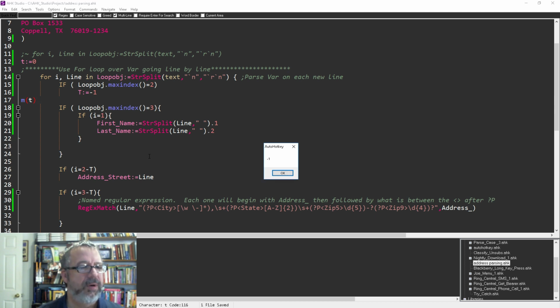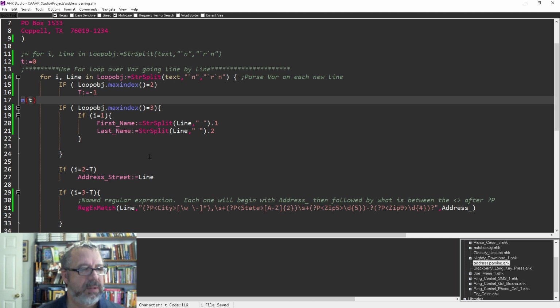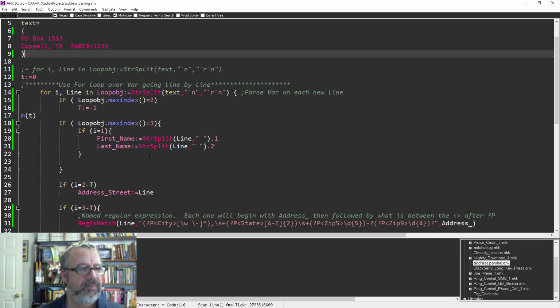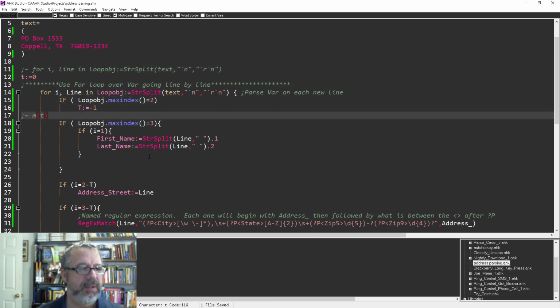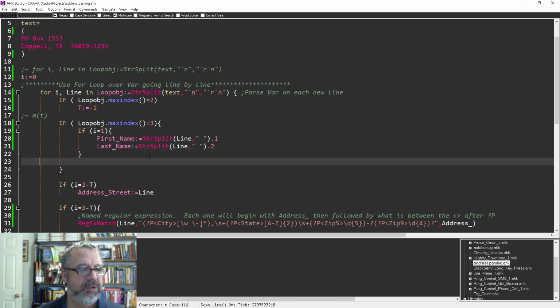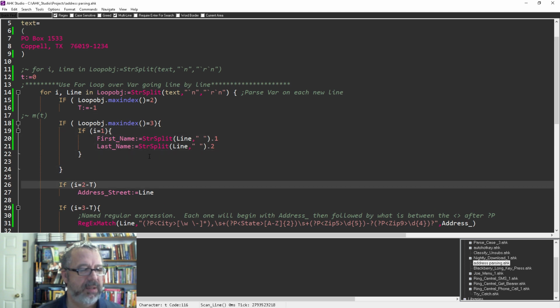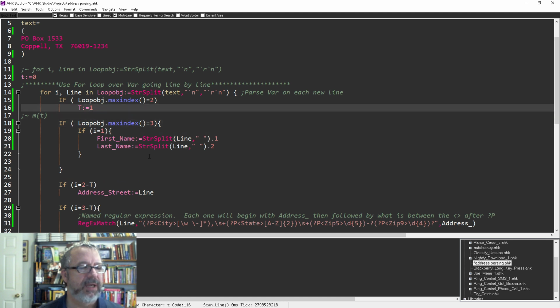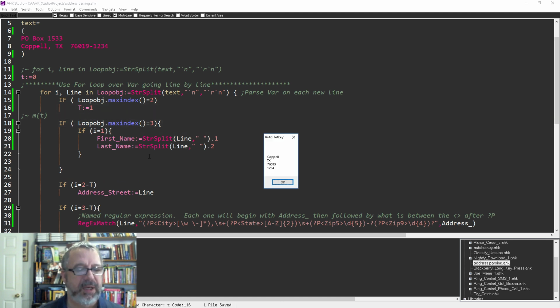No, what? Oh, it is only 2, so. Now I'm confused. Hold on. So there's only 2. So t equals minus 1, which is what I wanted. This one shouldn't happen at all. And then I equals 2 minus t. Oh, it shouldn't be a negative 1, because I'm subtracting it. Let's try that again. There we go. Okay, so hopefully that made sense to you. I was subtracting a minus 1, which is adding it. And so now it still gets the